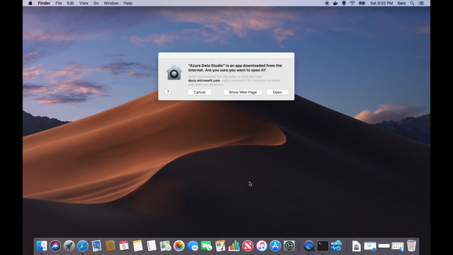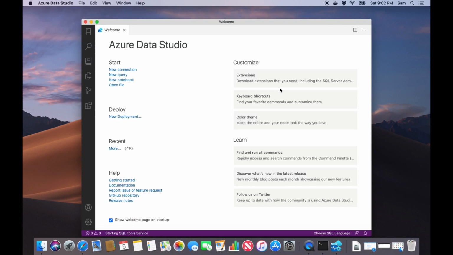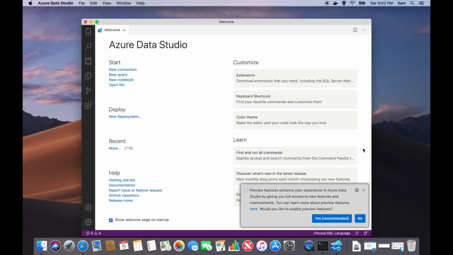It's asking, are you sure you want to open it, because it's downloaded from the internet. Just click open. And now just close this window. Yeah, you can close them. If you want, you can click yes.